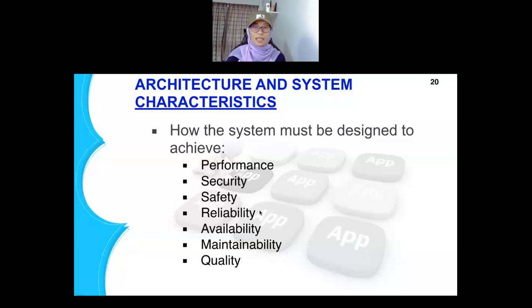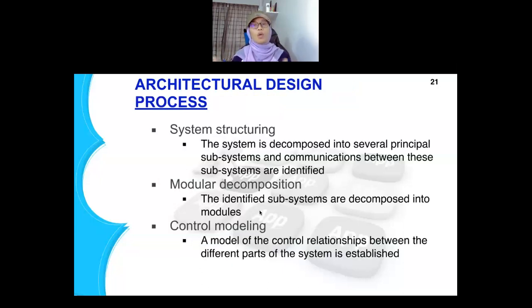If you change to another platform, reliability and availability can be accessed, it can be maintained, and you maintain the quality of a good system. In the architecture design process, system structuring, the system is decomposed into several principal subsystems to communicate between. That's why when you do testing,